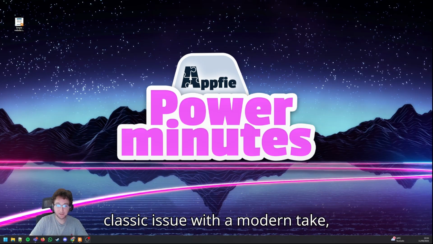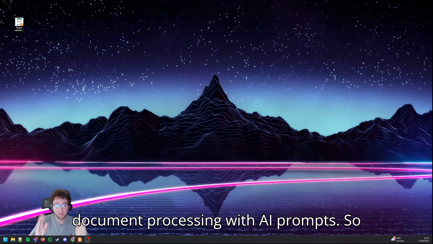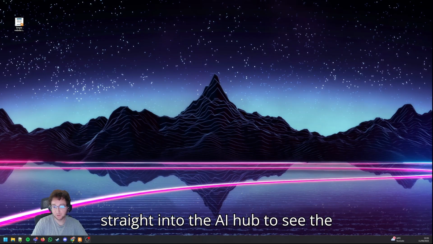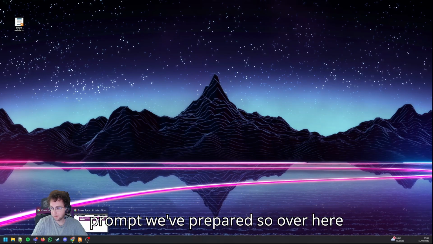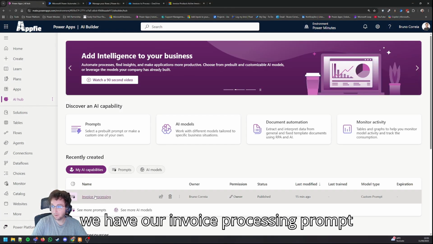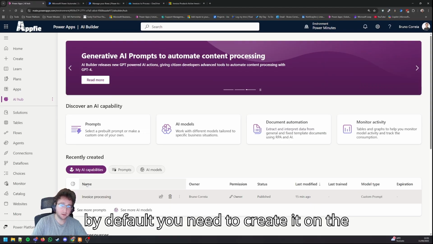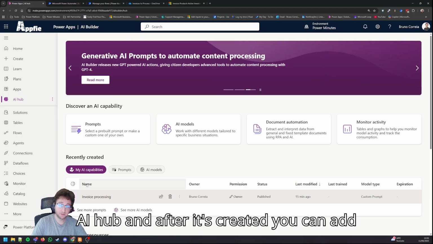Today we'll fix a classic issue with a modern take, document processing with AI prompts. So let's not lose much time and jump straight into the AI Hub to see the prompt we've prepared. So over here, we have our invoice processing prompt. By default, you need to create it on the AI Hub, and after it's created, you can add it to